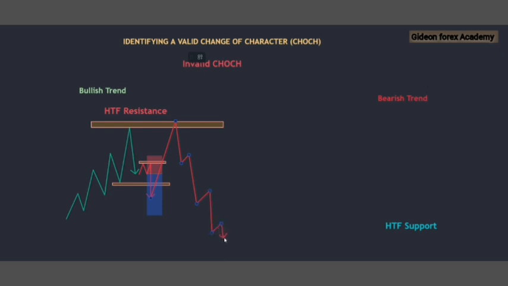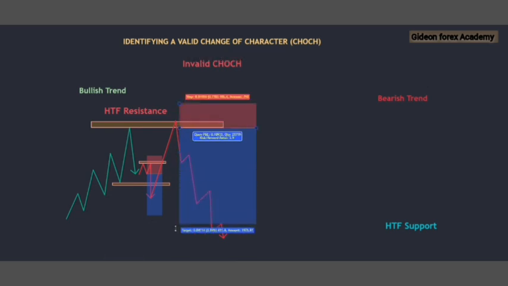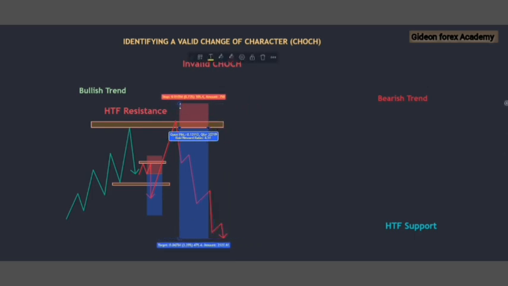So you sold at the wrong time and in the wrong place. You should have waited for a mitigation up here, mitigation of the higher time frame resistance or area of value, before you could sell to the downside. This is what you would wait for. Always be patient. Patience is key. All right. So this would be